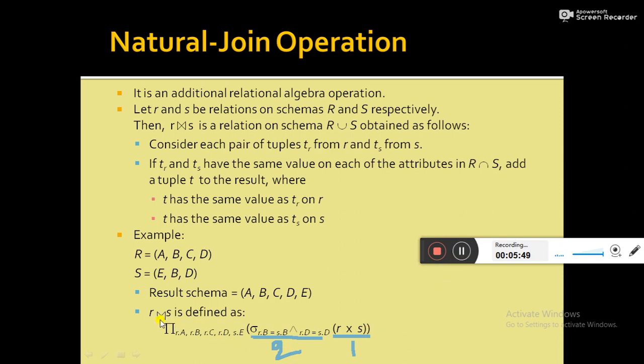So natural join operation between R and S means first it will do Cartesian product between R and S, then perform selection operation. As a predicate, it will be the equality on those attributes that appear in both the relations. And then what about this pi? Why are we giving pi? Because we are projecting, we are displaying the attributes A, B, C, D and E. That means the repeating attribute appears only once. So this is the natural join operation.